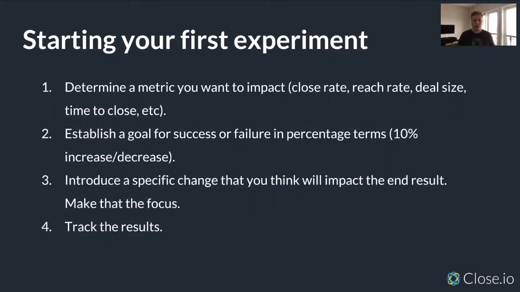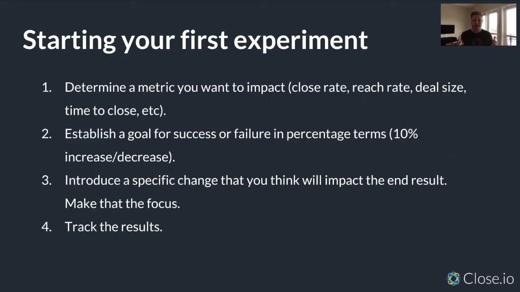Establish a goal for success or failure. So what's the pass or fail of this experiment? And then introduce a specific change, your hypothesis that you think is going to equal success. So what are you going to change within the data of the experiment to make that goal happen? And only focus on that.